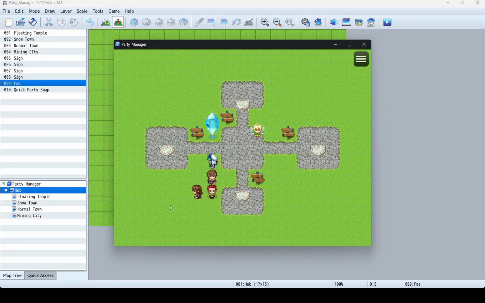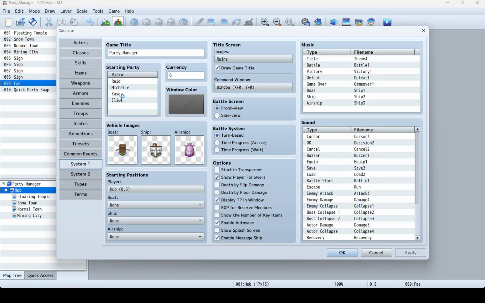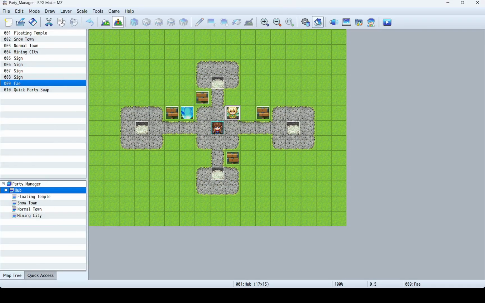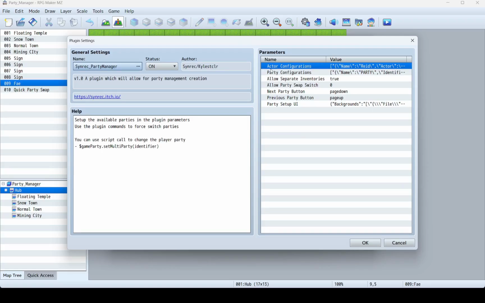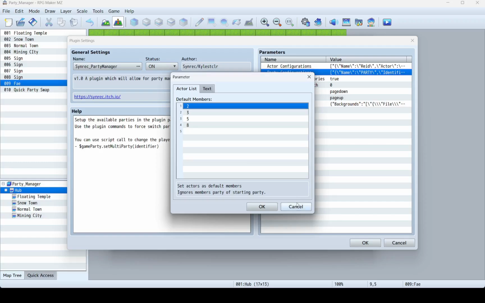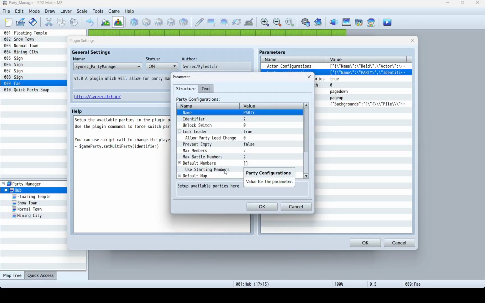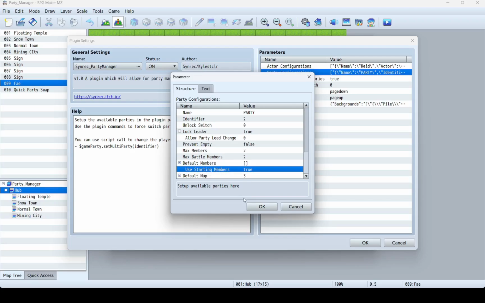So you can see here we have a not starting member party. That'll be because in the plugin database, the starting members are basically added to the party already. So like this party here, we have used starting party members, but this is false, and we have the first party being members that are not really part of the starting party. But the other parties, however, will use the starting members,